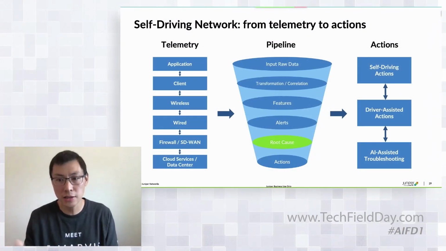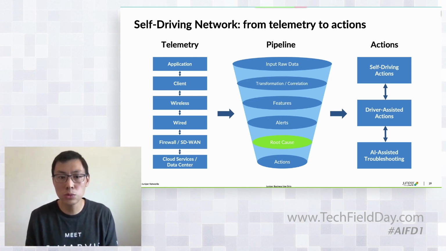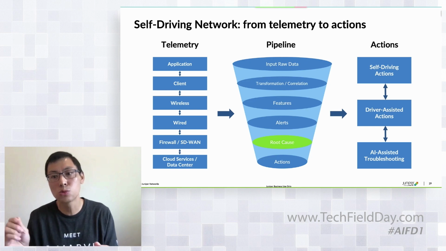But in addition to that, if the root cause sits in a surrounding system, I remember there's a good question. For the surrounding system, we don't have data coming from the whole IT system. But based on user behavior, we can do the inference. If most of the users fail to connect to the network from our observation because of DNS, we do the correlation and reasonably infer there may be a problem with the DNS server. So this is what we call driver-assisted actions. In that case, we give users suggestions. Marvis does the inference and gives users a suggestion to guide the user step by step